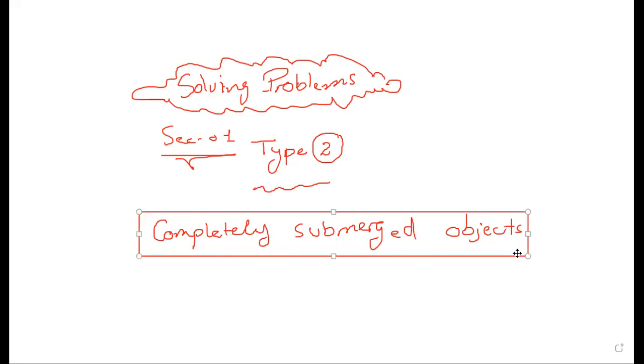If I find floating objects, it means I will not use the following strategy that we will use. Well, this type can also be titled, or can also be known if we